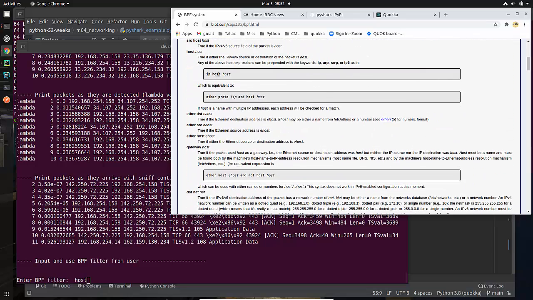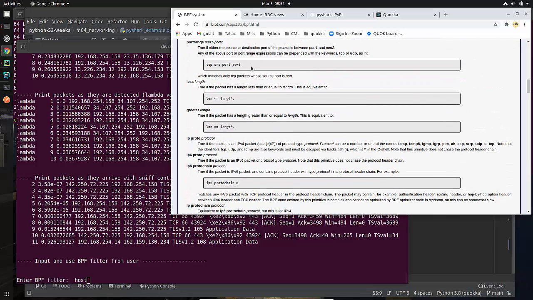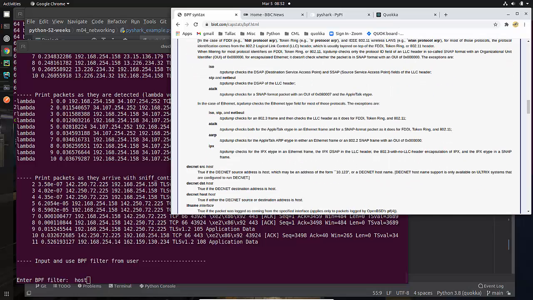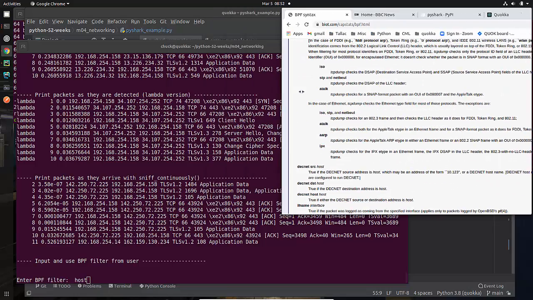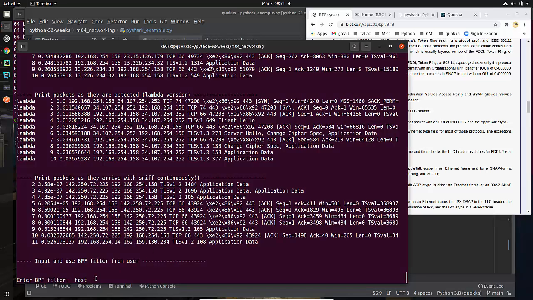You can say IP host, or I can also just say host. You can specify TCP source port or TCP port. I can specify lengths. I can do IPv6 stuff. There's a lot of resources that will help you to figure out what is legal to type in. So I'm going to type in